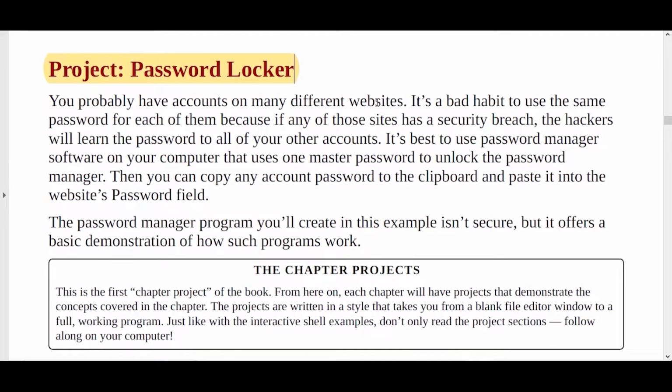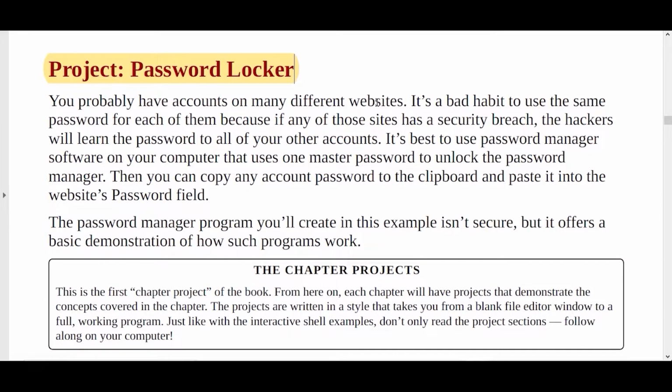This is a very interesting program regarding the password locker, but it is not a secure password locker. This password locker actually stores some accounts and their passwords. If we have to memorize many passwords, it is very impossible for us to do that.